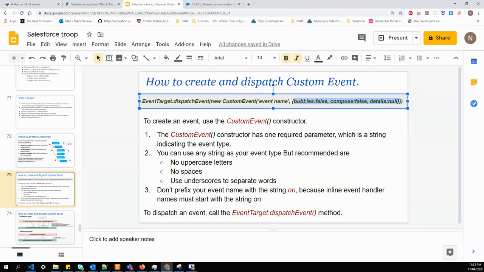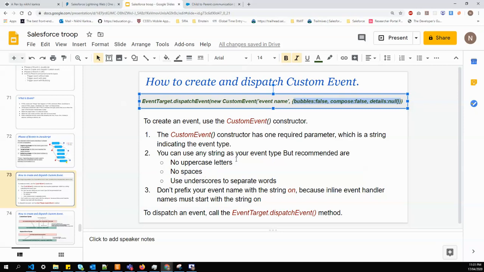By default, the bubbles property is false, the composed property is false, and the detail property is null. While creating the name, it's always recommended not to use uppercase letters. No spaces should be there.